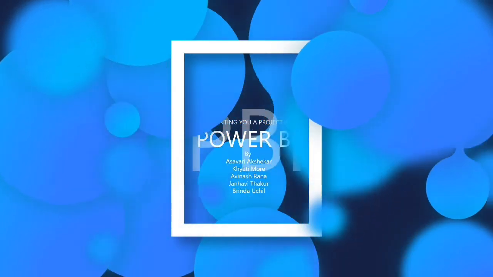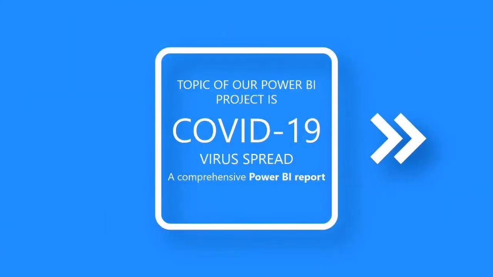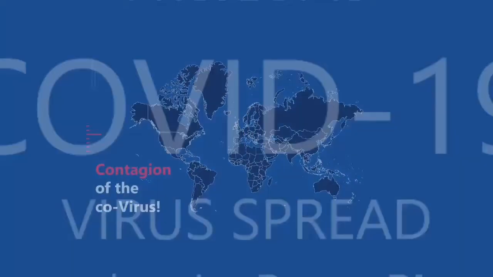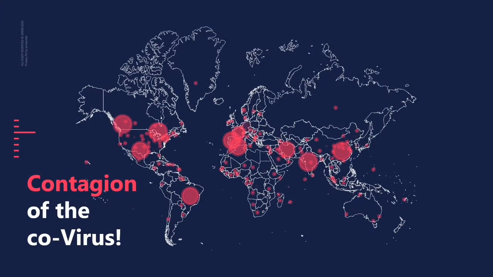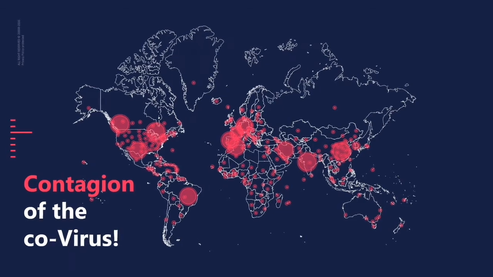The topic that we chose for the analysis is the COVID 19 virus spread and created the report for the same. We know COVID 19 is the infectious disease caused by the most recently discovered coronavirus. This new virus and disease were unknown before the outbreak began in Wuhan, China in December 2019. A large proportion of the world's population has been affected directly or indirectly by the spread of the coronavirus. The spread of infections across countries every day was changing and is still changing every day. So we decided to find an effective way to discover and explore reliable and consistent data at our own pace.